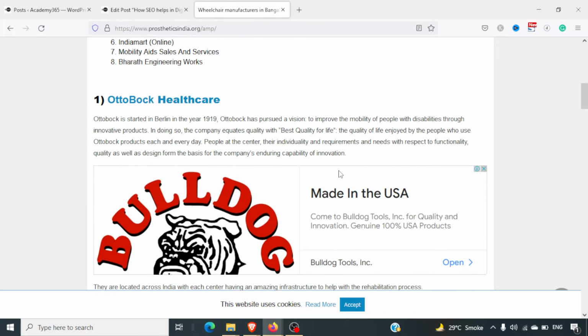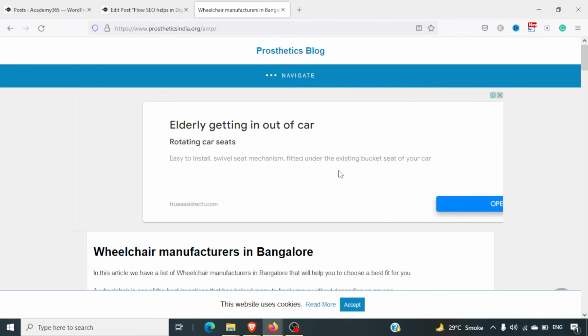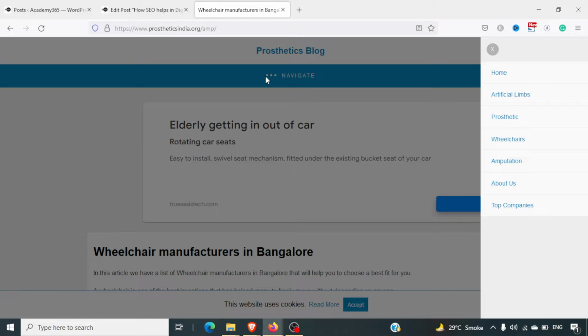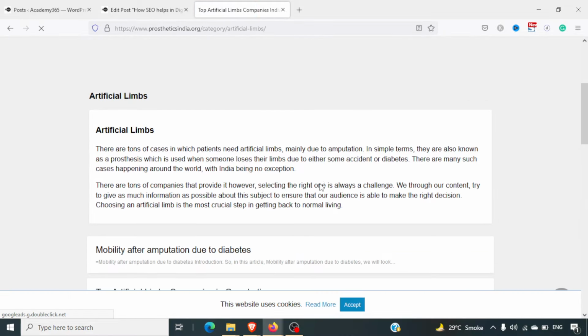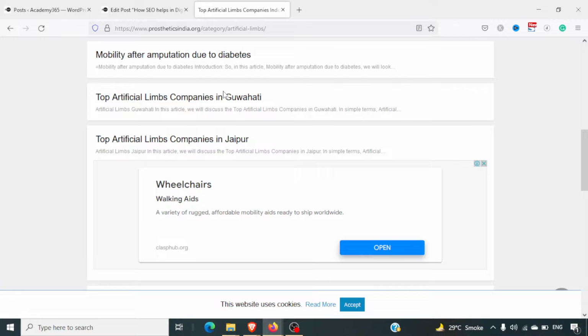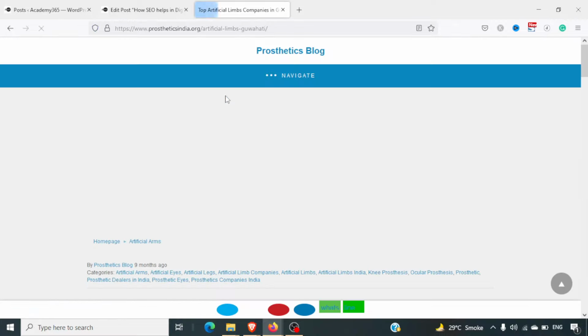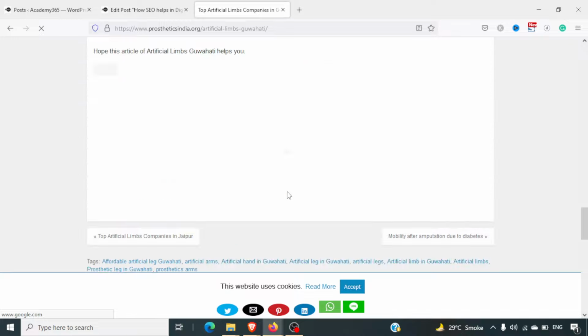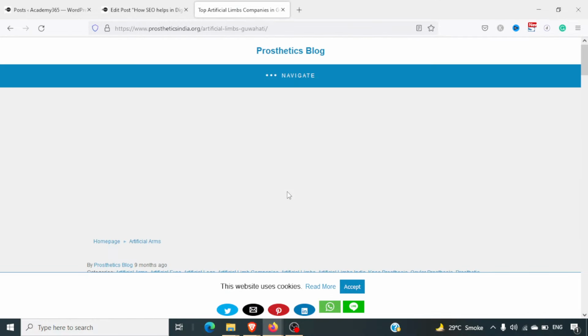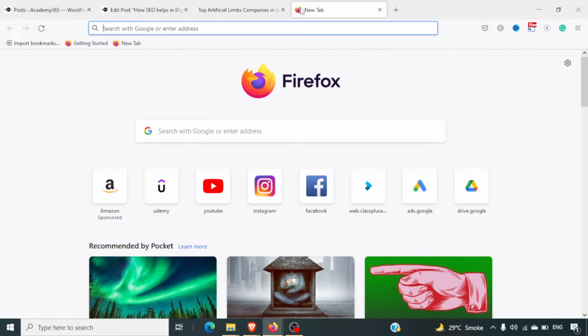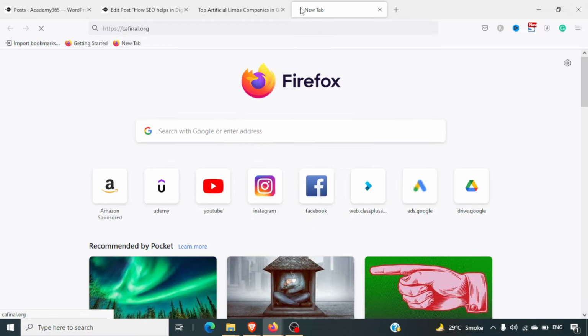So let's say for example, if we are on this specific page, this website, this is an AMP enabled website. You can just click on any of the pages and you can see the website loads very fast. If I'm just clicking on any of the pages, the entire page gets loaded very fast. I'll show you one more example. If you just visit cafinal.org,